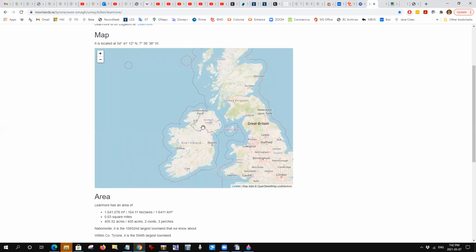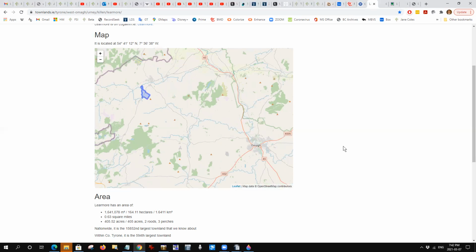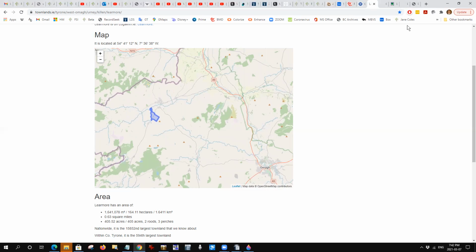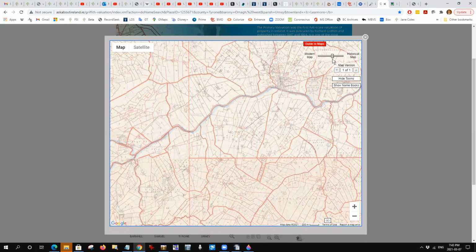Now let's take another view of things. Omagh is the capital of County Tyrone. And for that, I'll go to a different tab where we see the historical maps of the townlands in that area. There's Castlederg. And as we come along the river, here's the north boundary of Learmore. And here is the townland of Learmore. On this site, if you're on their actual website, you can slide the historical map pointer and make a few other little changes to it. Okay,